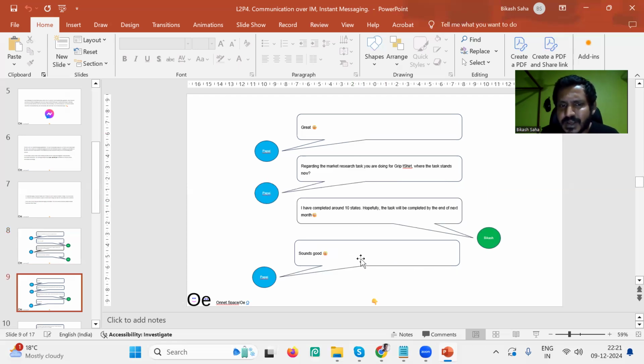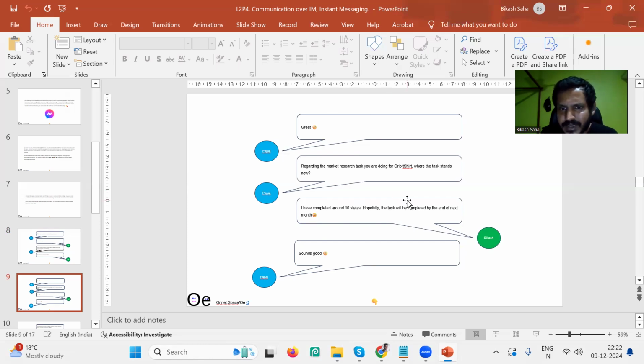I just showed you, taking the example of instant messaging, but you can also take phone or email or in person. Phone and email communication is not completely shown, so in that case, you can come up with a communication scenario for both phone and email.